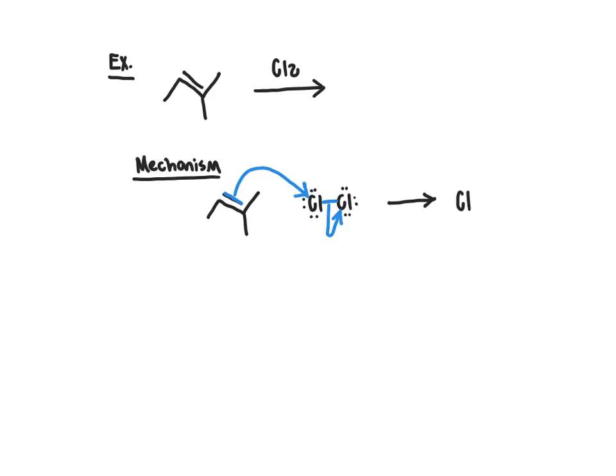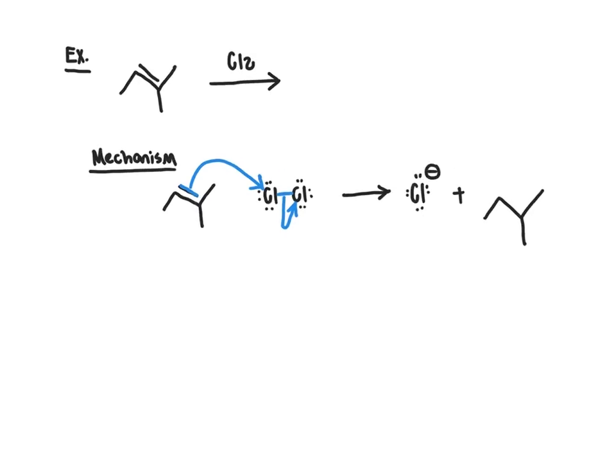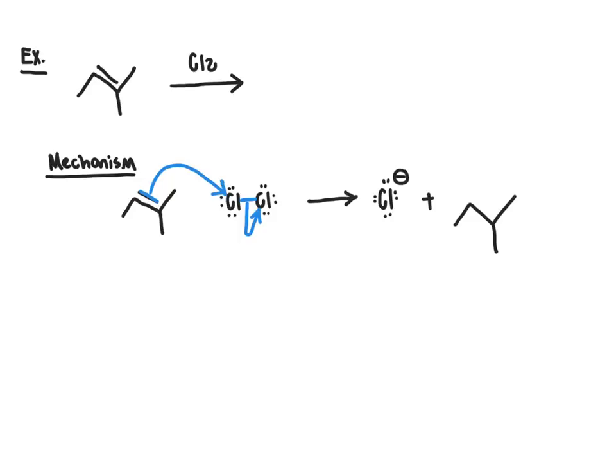So our first intermediates are going to be a chloride anion. So our negative charge on the chlorine, that's going to arise from that chlorine on the right that had 3 sets of lone pair electrons to start with, picking up a 4th set of lone pair electrons due to the breakage of that chlorine-chlorine bond. The other intermediate that results from this is going to be our carbon skeleton that will now have a new bond between one of the two carbon atoms and the chlorine atom. So we'll go ahead and look at what we would expect here. So that chlorine atom